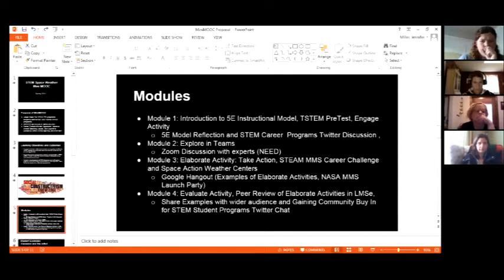I like the cat. Module 3 is the elaborate activity where the students or the participants would actually plan a Space Weather Action Center, or they could